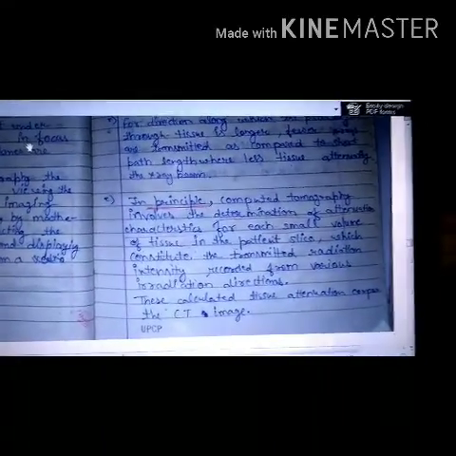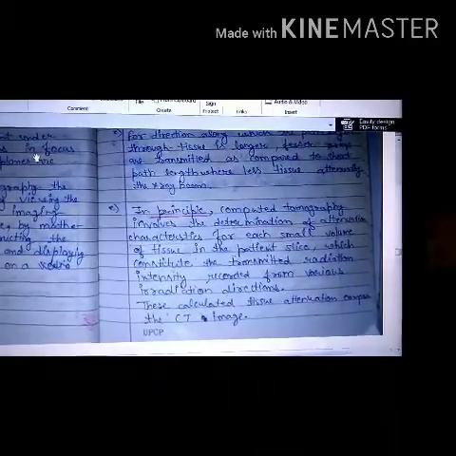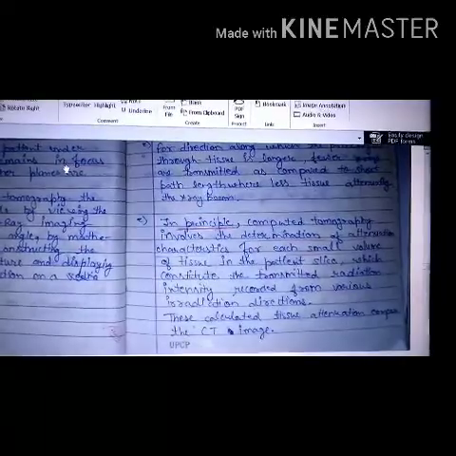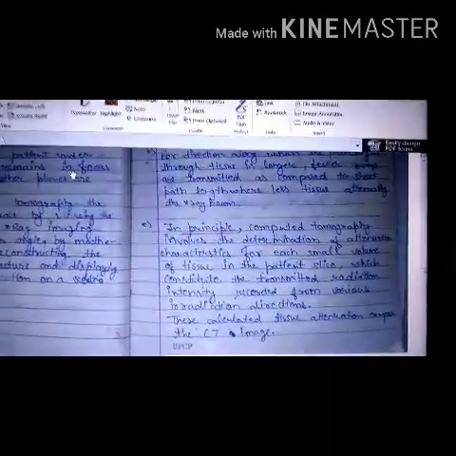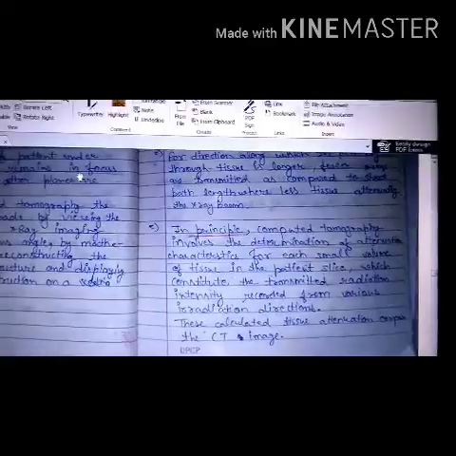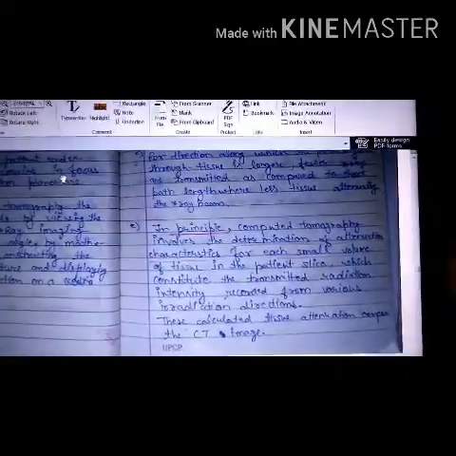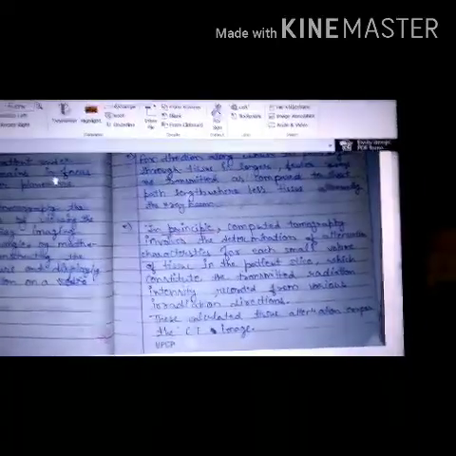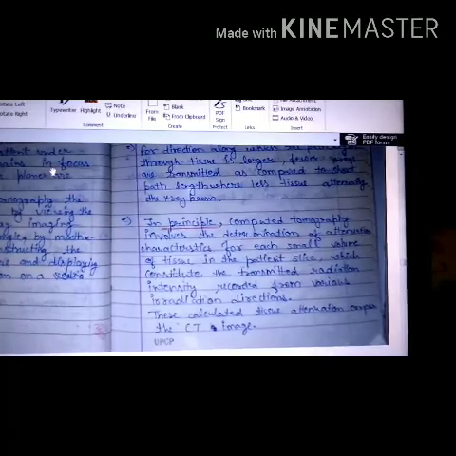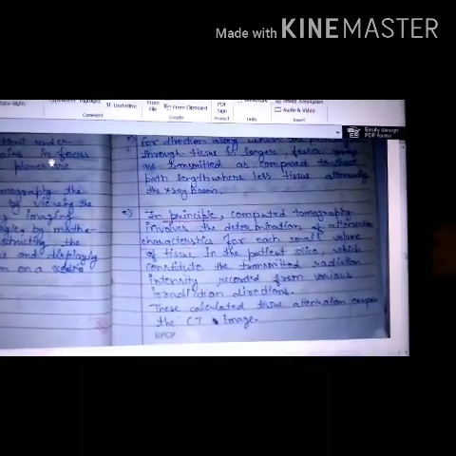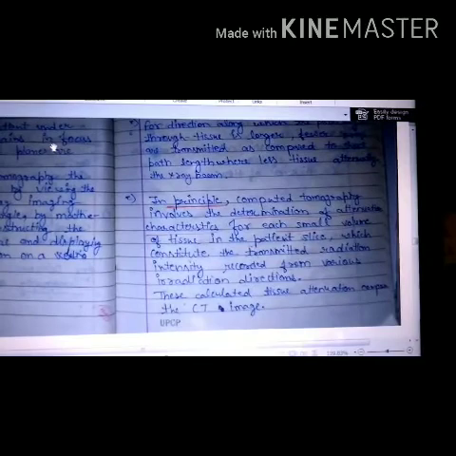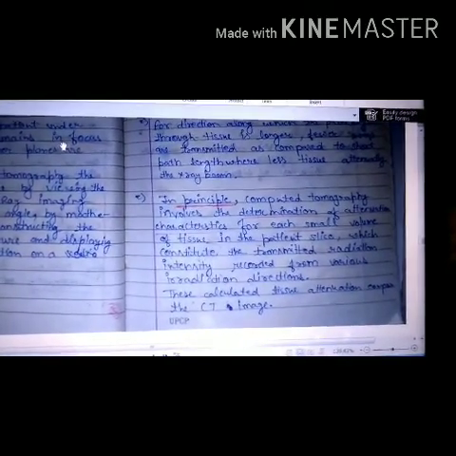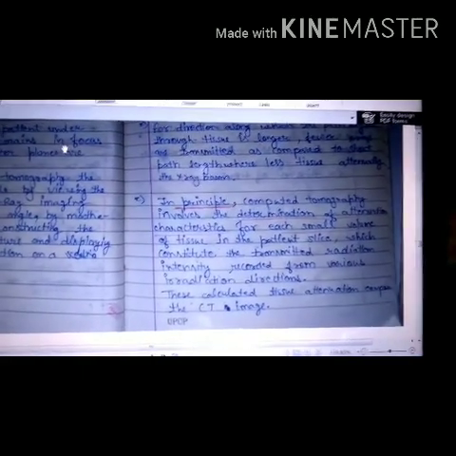slice. Now, since the X-ray is rotating around the human body, it hits the particular tissue at different angles. Depending upon the density of the tissues, the X-rays are attenuated, and these are received at the imaging plate. Now, if there is any deficiency in the body, the attenuation is a little bit shifted. The attenuation is more, or the X-ray values on the plate are shifted, and in this way we can diagnose if there is any problem with the particular tissue.